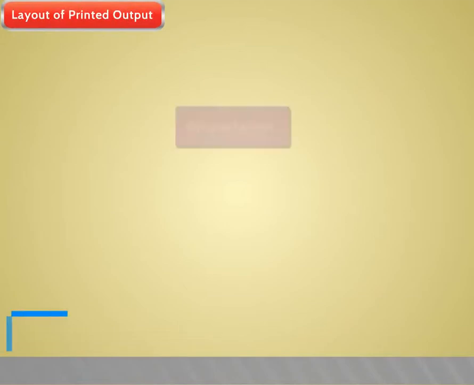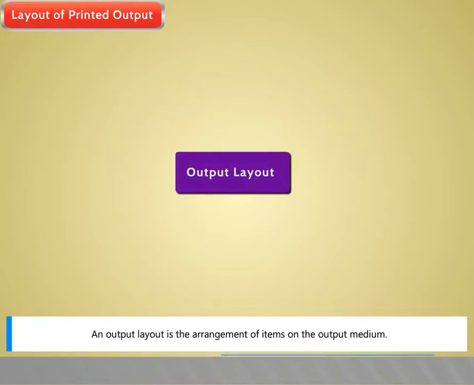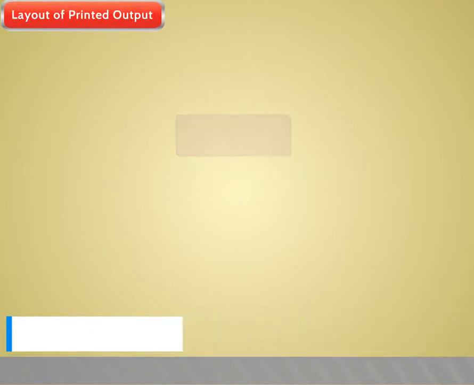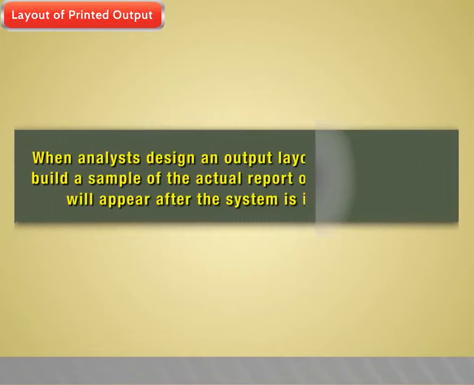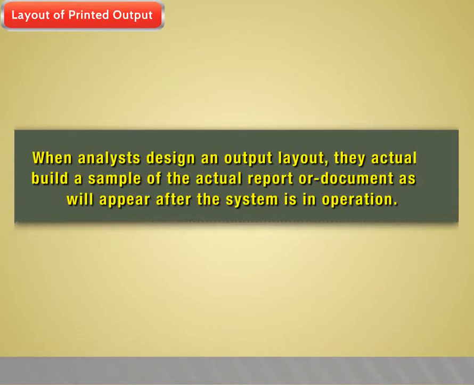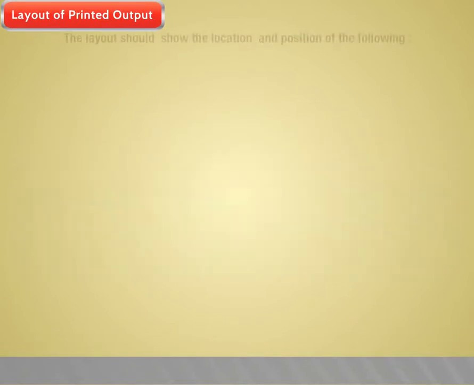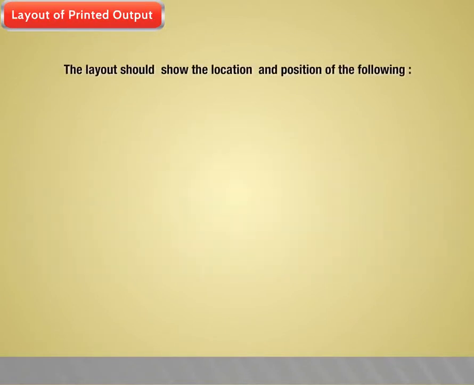Layout of printed output. An output layout is the arrangement of items on the output medium. When analysts design an output layout, they actually build a sample of the actual report or document as it will appear after the system is in operation. The layout should show the location and position of the following: